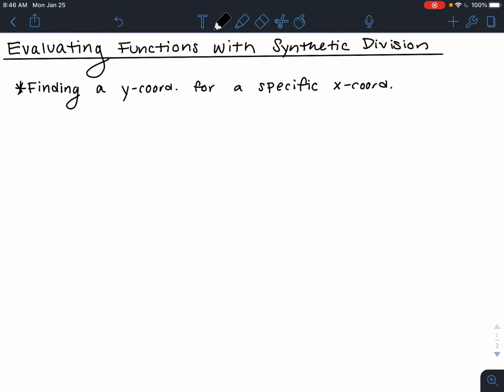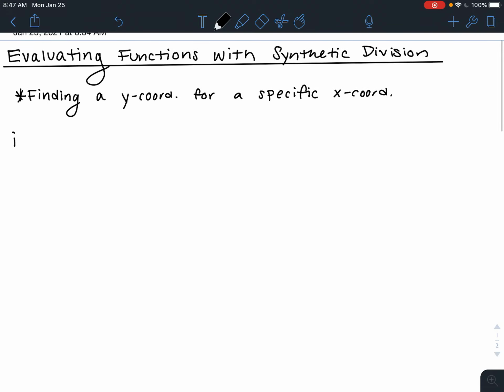If we were creating a graph, we would maybe make an XY table. We would pick some different x coordinates that we want to plot, and then we would plug those values in to evaluate them to find their y coordinates. For one example that we're going to look at today, we're going to evaluate f of 4 for f of x